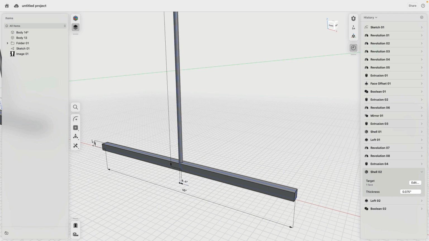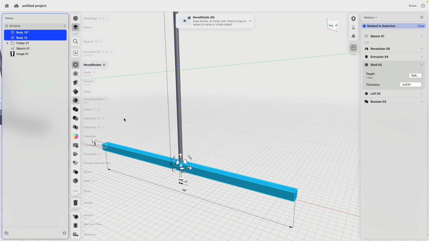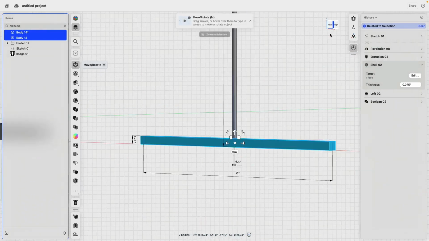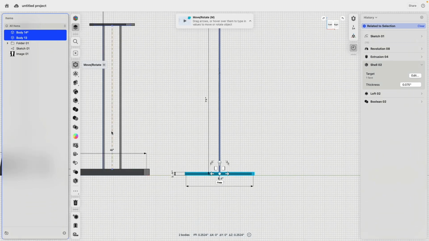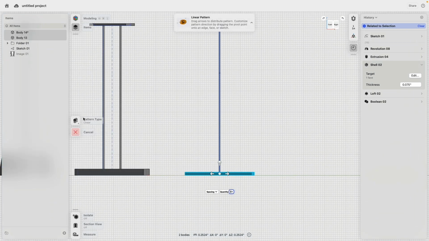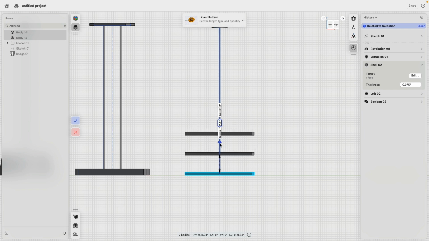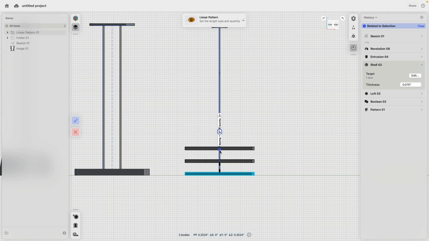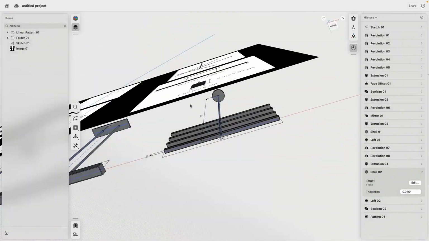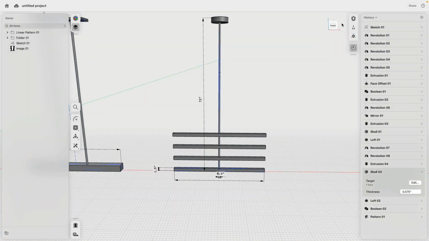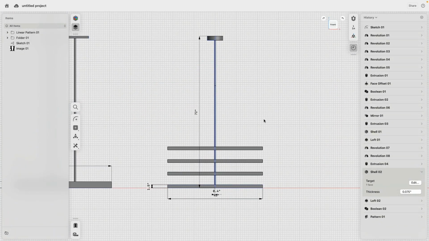Maybe 0.4. What we can do now is we can select these two. And it's actually now very easy. How many copies do we want? We go to the pattern command. 3 pieces, and they should be spacing 6 inches apart. What about we make 4? We add more. 1 more. Cool. Okay. And then, with that done, the trick is